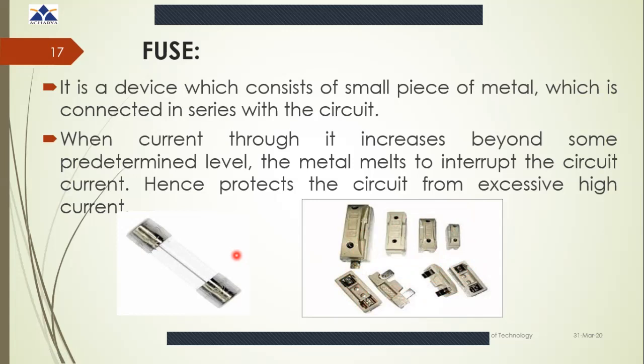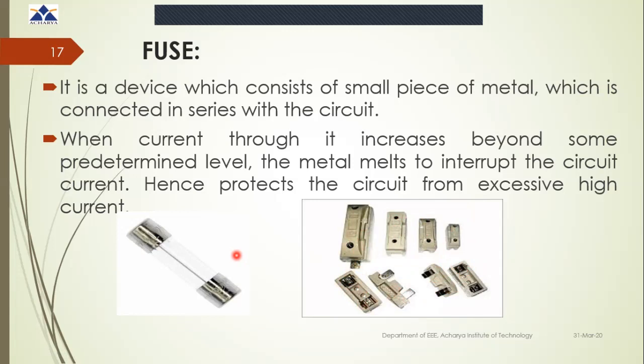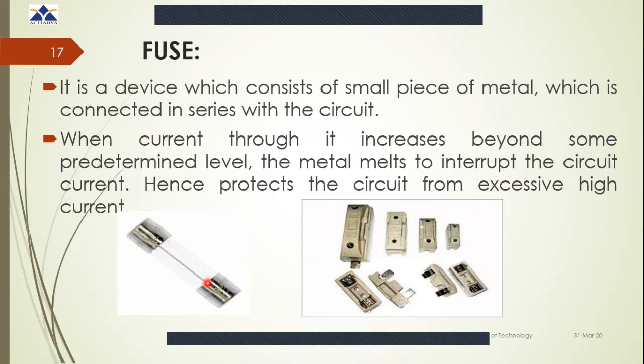If you know more about fuse, a fuse consists of a ceramic body having metal end caps to which fusible silver current carrying fuse elements are welded. So this is a fuse element which is ended at the two metal end caps. Surrounding this fuse element is an incombustible powder, usually quartz, which has excellent arc extinguishing properties. So whenever this metal melts due to fault, the quartz powder surrounding this particular metal will make the arc to be extinguished, which is created between the two metal end caps by the fuse element.